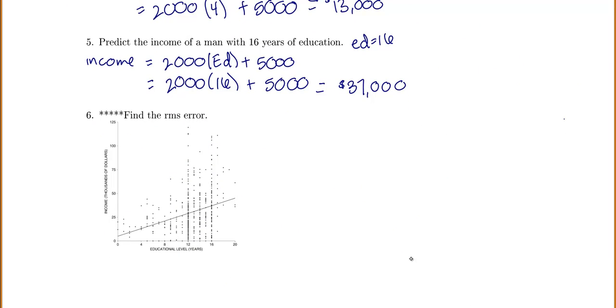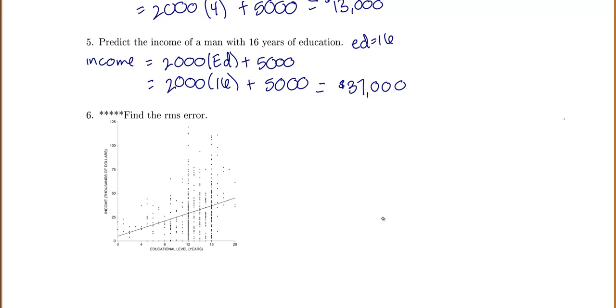Now number 6, I've actually shown you the graph. This is what our actual data looks like. Notice there's an interesting problem here. The points are closer to the line down here for the lower level of education, but the points are really far away from the line for your higher level of education. So what this means is there's a lot of variability when your level of education gets higher. There's less variability when you have less education.